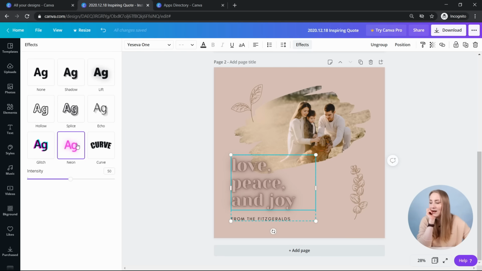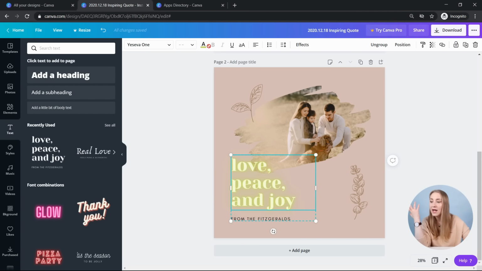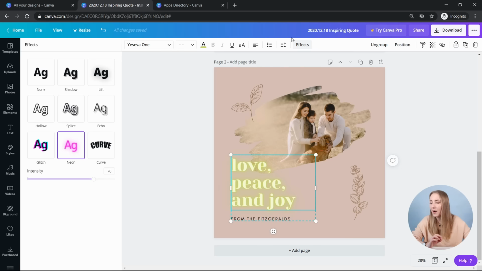There's neon as well. It makes your graphic like a neon. Obviously with this color it's a bit more toned, but you see when I'm going with this is the intensity. If I were to change the color to something a bit more bright, you see instantly what I'm talking about. See, this is more of a neon-y type of text, which is super cool, especially if you want to differentiate yourself from other designs, or if you want to make something stand out a bit more. If you've got a sale going on, this is a really good one to make it work.